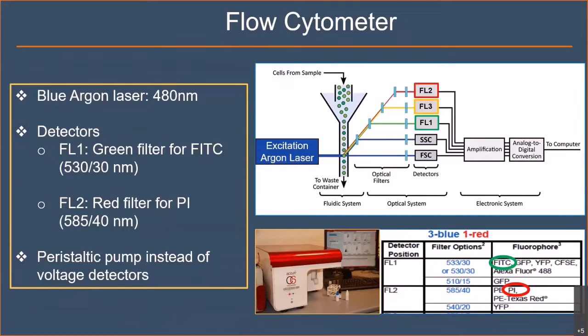Here I would like to spend some time to highlight the principle of flow cytometry that we use in this benchtop flow cytometer, which is called the Accuri C6, and this is available through Becton Dickinson. The basic principle of the flow cytometer is that the sperm are passing through a sheath fluid into single cells, and these are